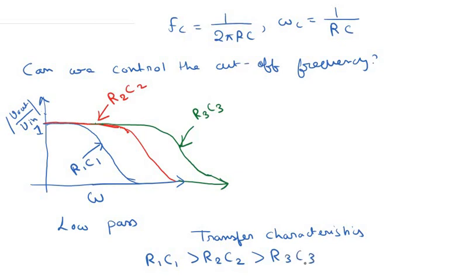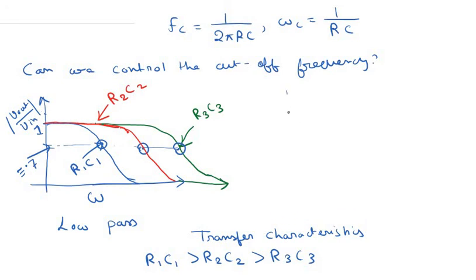In this case, our cutoff frequency, again, is the frequency at which the magnitude of the output divided by the magnitude of the input is 1 by root 2, which is approximately 0.7. So let us call this point approximately 0.7 here. The cutoff frequencies of each of these transfer characteristics lie somewhere around here. So if we decrease the RC product, the cutoff frequency increases and this curve shifts towards the right. That's how we control the cutoff frequency for a low pass filter.